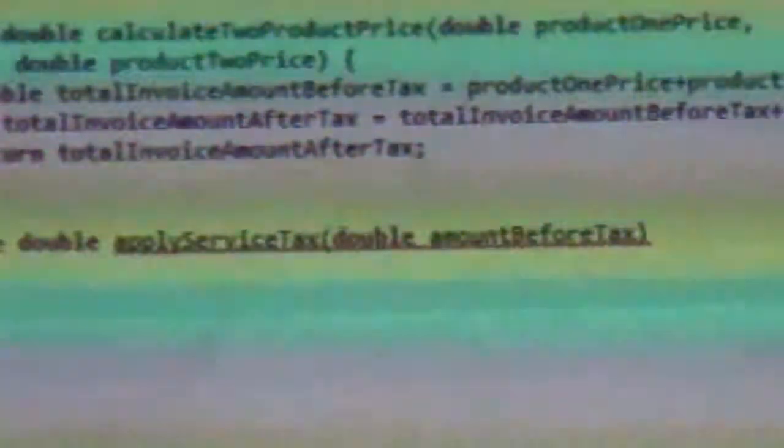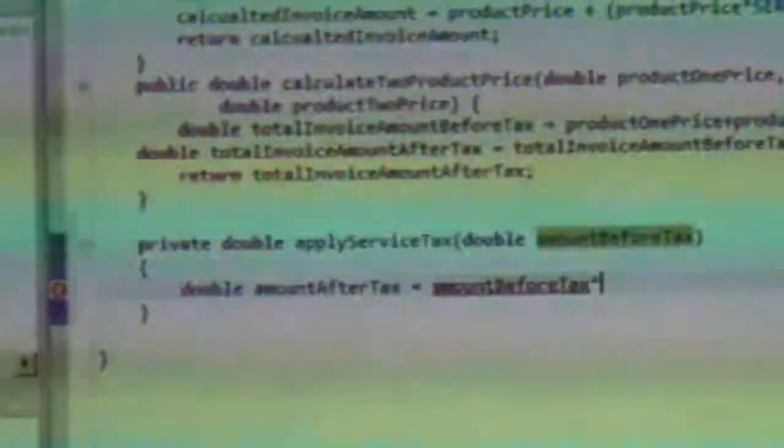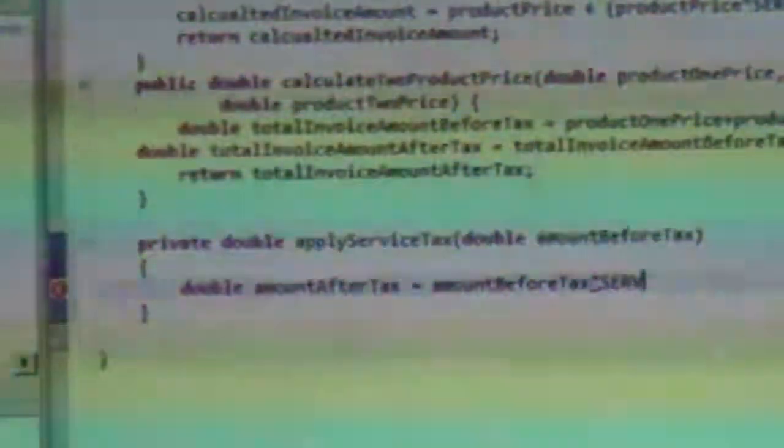Apply the tax. So it should return double amount after tax, and this amount should be amount before tax multiplied by service tax multiplier.